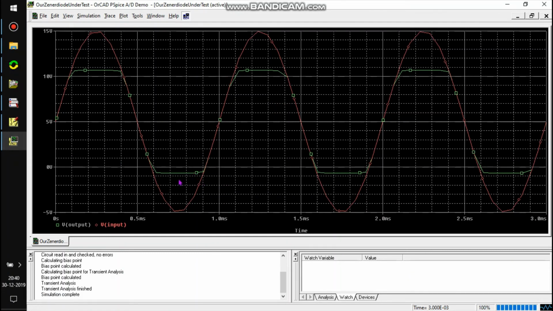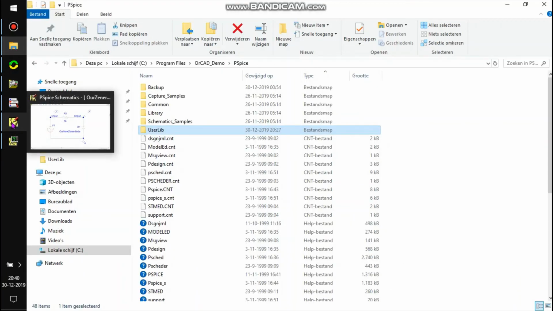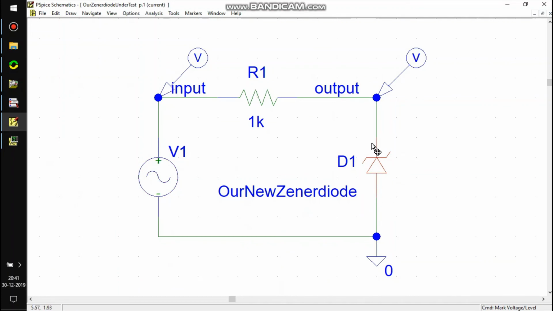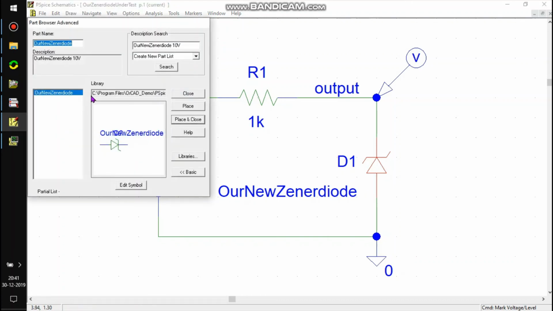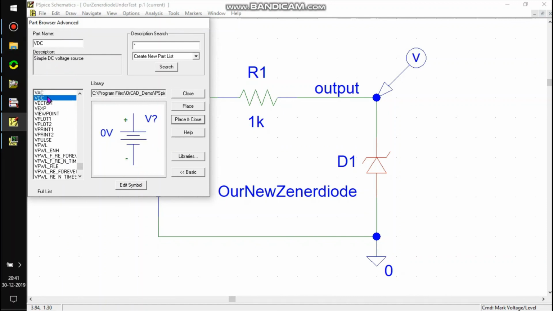So now we pretend that we are a vendor, and we have pretended we made a library with subcircuits and made it into a symbol for this Zener diode, and we know there are those other parts inside it, like these diodes and this DC voltage source.